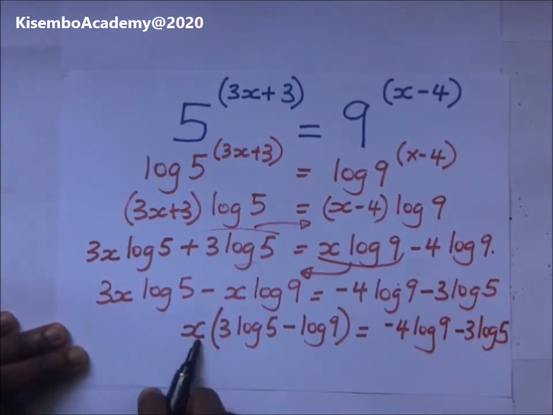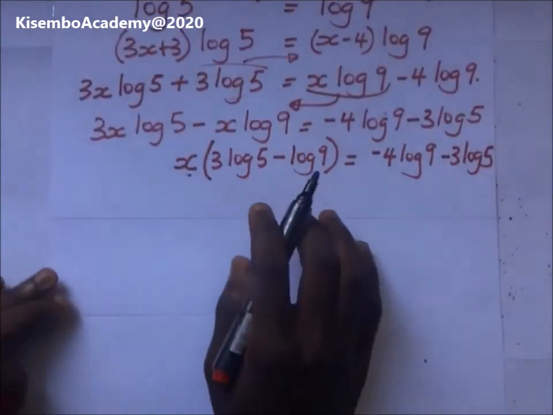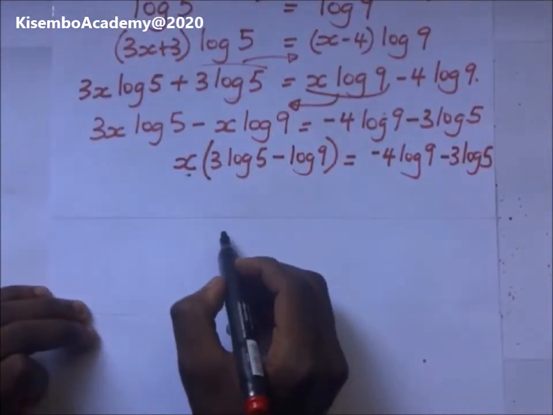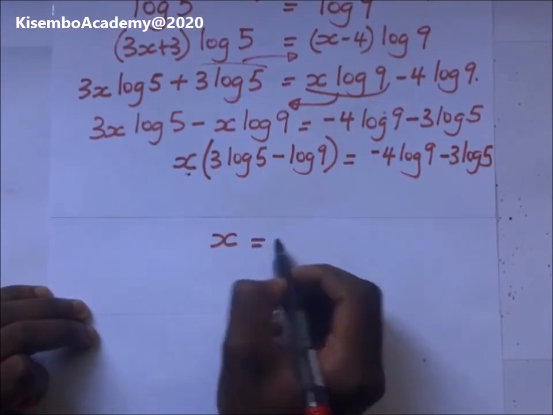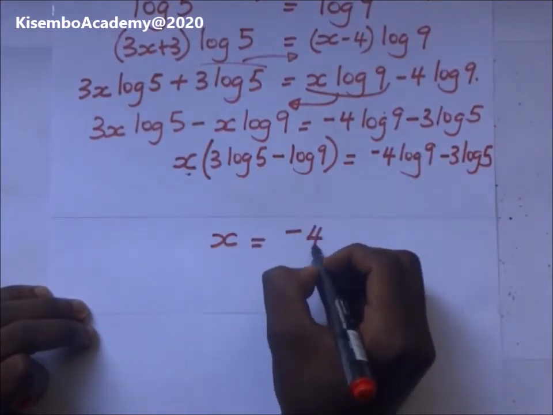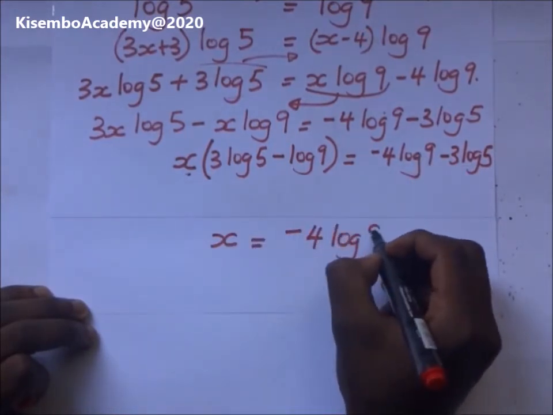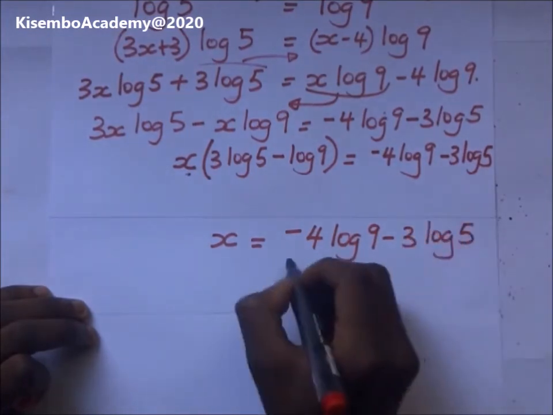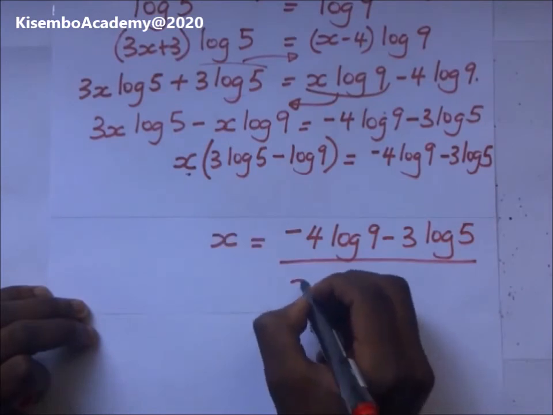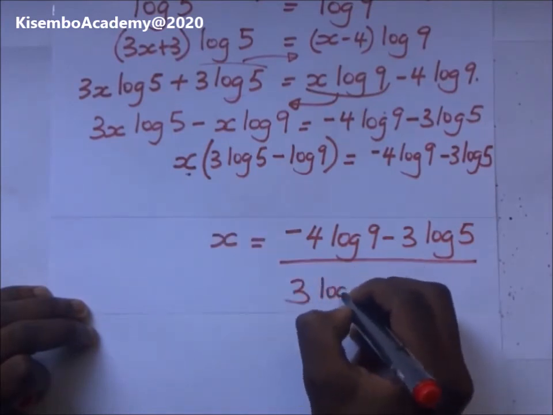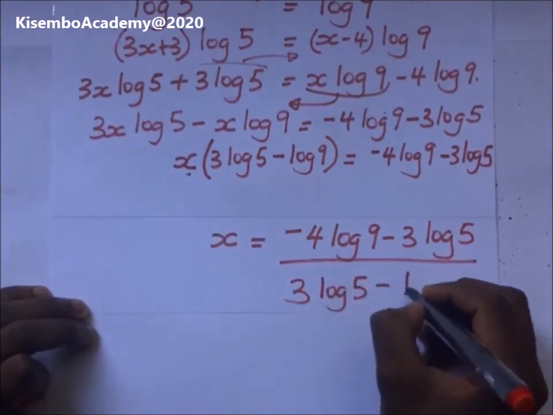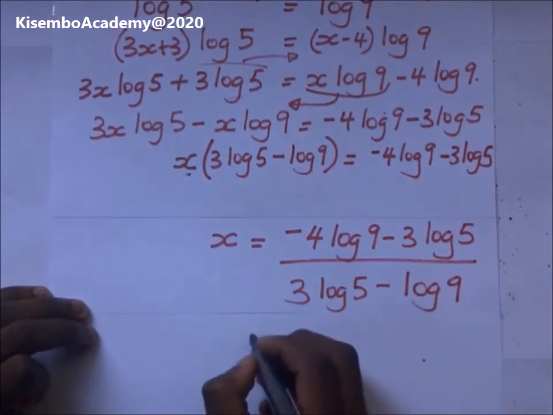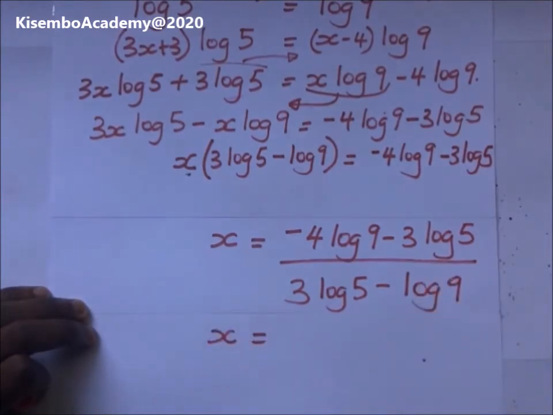So when we make x the subject of the formula here, we shall remain with x being equal to negative 4, the logarithm of 9 minus 3, the log of 5, divided all by 3 log of 5 minus log of 9. And our value of x here will be